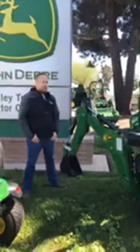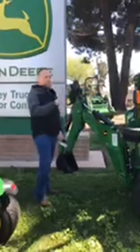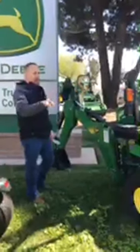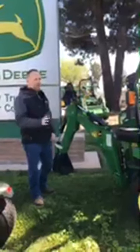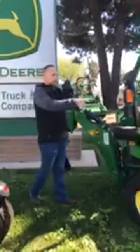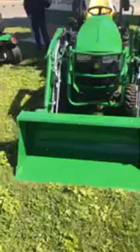Right now, if you have 2 implements, whether it be a front loader, that would be 1 implement, and a second implement, 2 implements will give you a $500 discount on the implements. So the front loader would be 1, a backhoe or a box scraper or